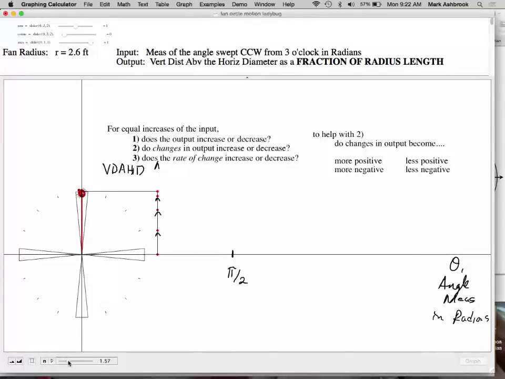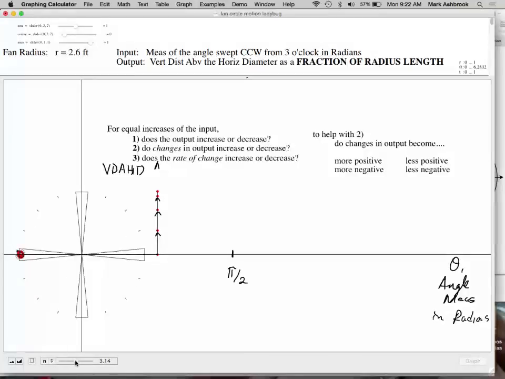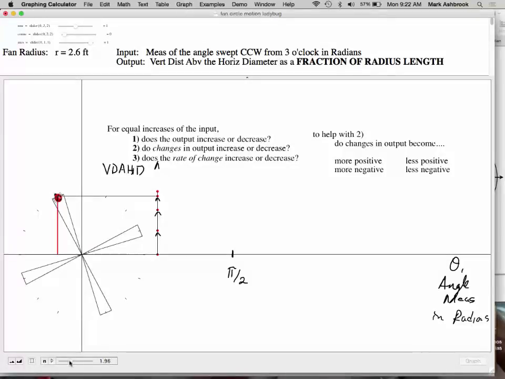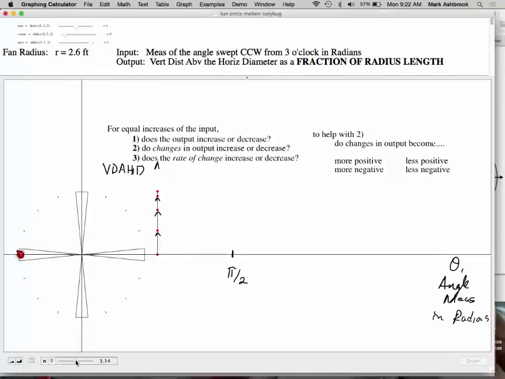Ready? You can use the same over there on the right. You can use that same